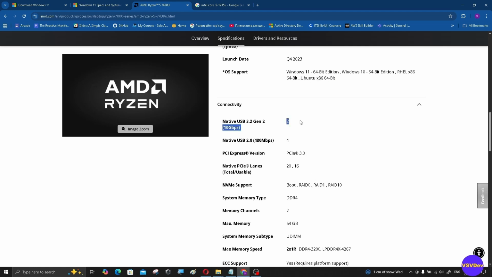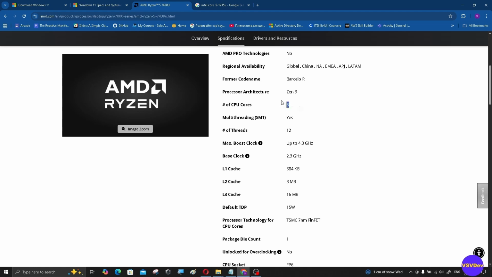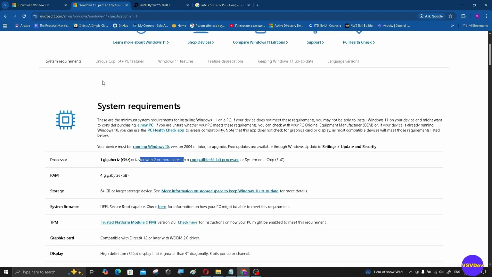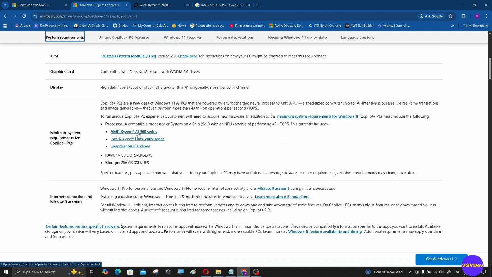And it has CPU cores. You can see how many. RAM 4 GB, and 64 GB or rather storage device. So your hard drive should have this storage. So here is minimum requirements. You can see